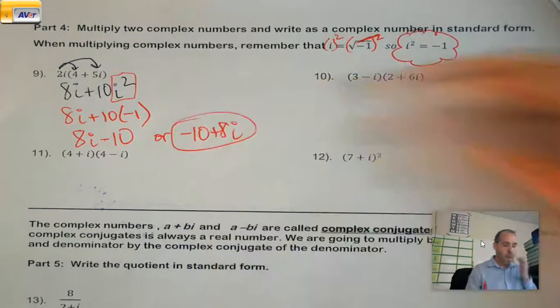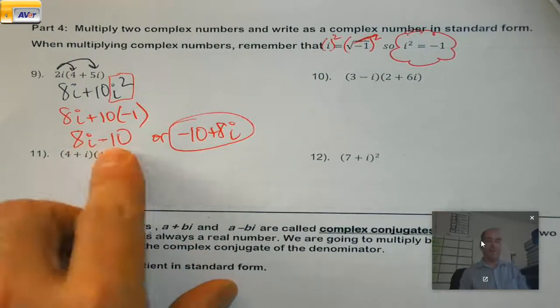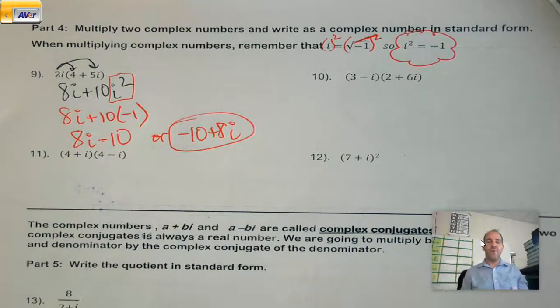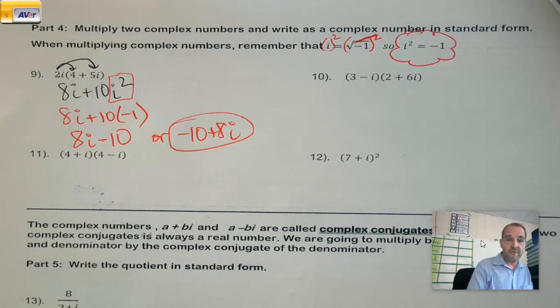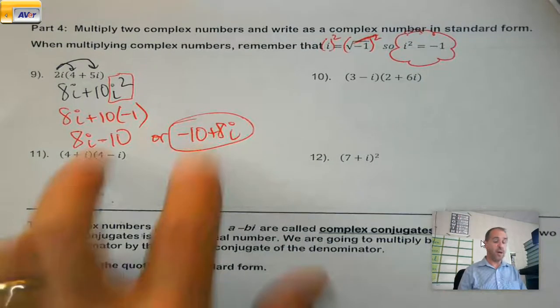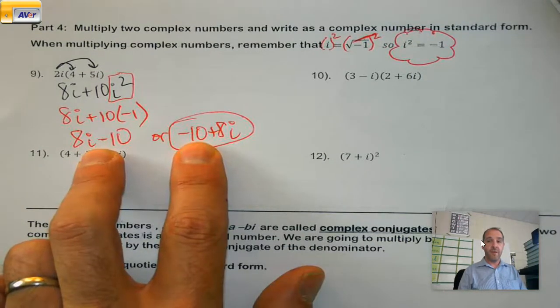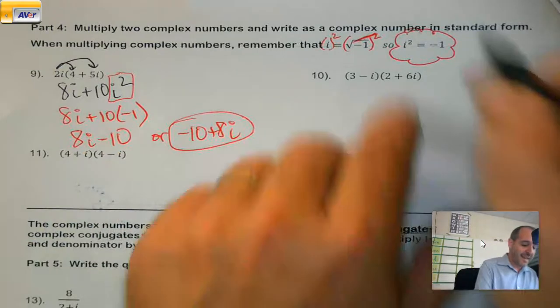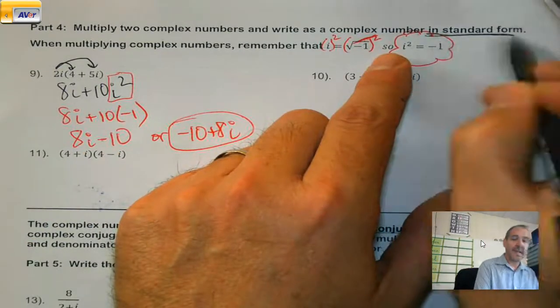Okay. So you're like, okay, replace it, 8i minus 10, I'm done. Hardy, why did you just rewrite it and flip the order? Typically, when we're writing answers that have imaginary parts, you write the real part first, the imaginary part second. This is going to be another one of those things. If you get yourself into trouble on Delta Math or something like that, you may have to screenshot and show me. These are equivalent. But again, technically, when it says standard form,